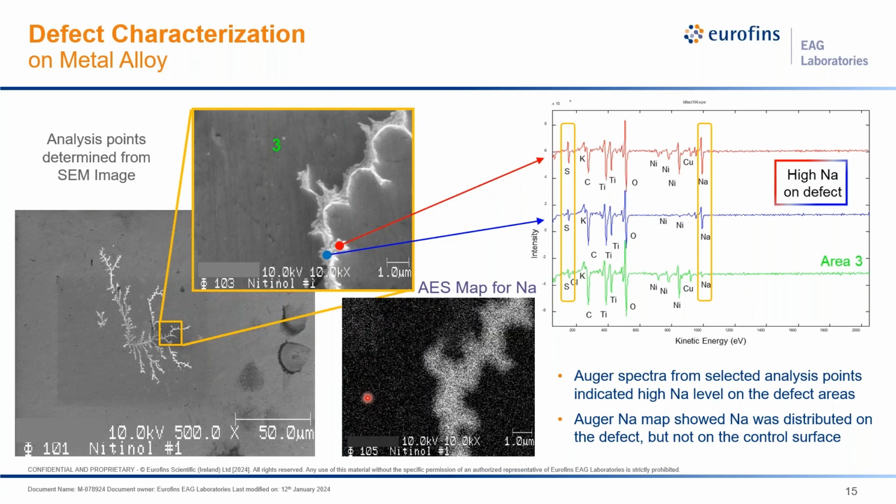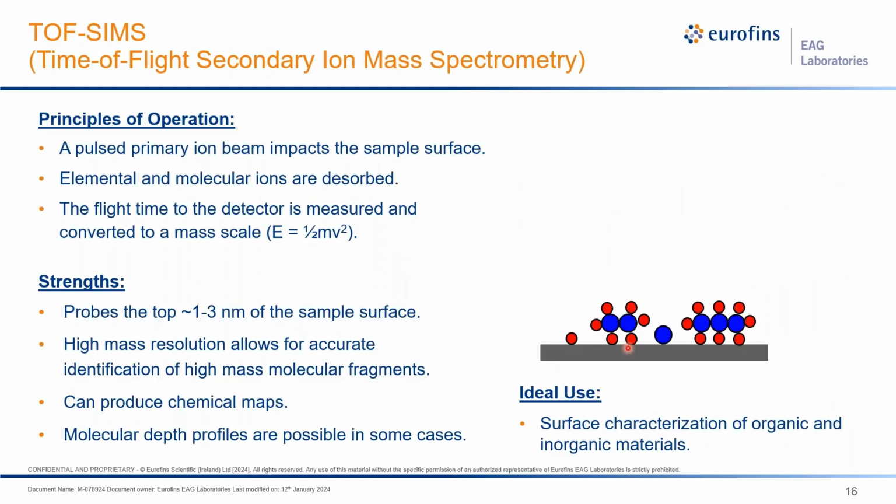Auger will give wonderful elemental information, but it does not give the same kind of bonding information as XPS. It will not differentiate an oxide from a metallic form, and it's not very good for analyzing organic species. It will detect carbon, but not the compound carbon came from. So for the combination of organic functionality, organic identification, and small spot size, time of flight secondary ion mass spectrometry can be an excellent choice.